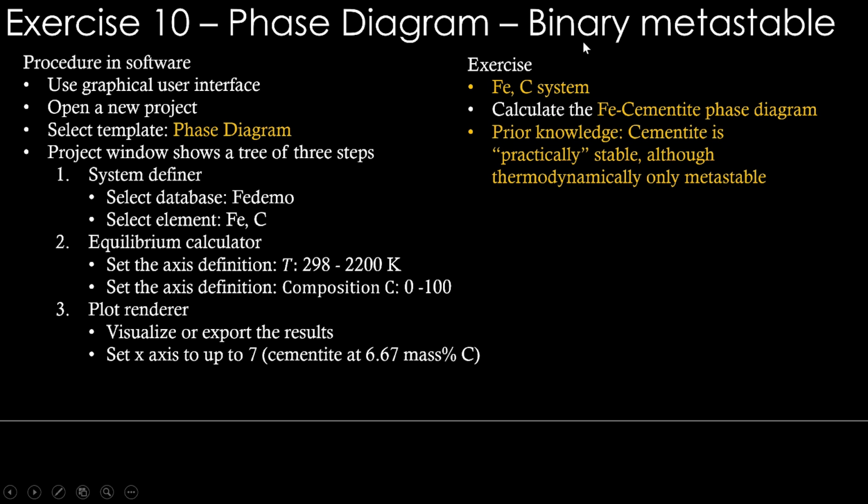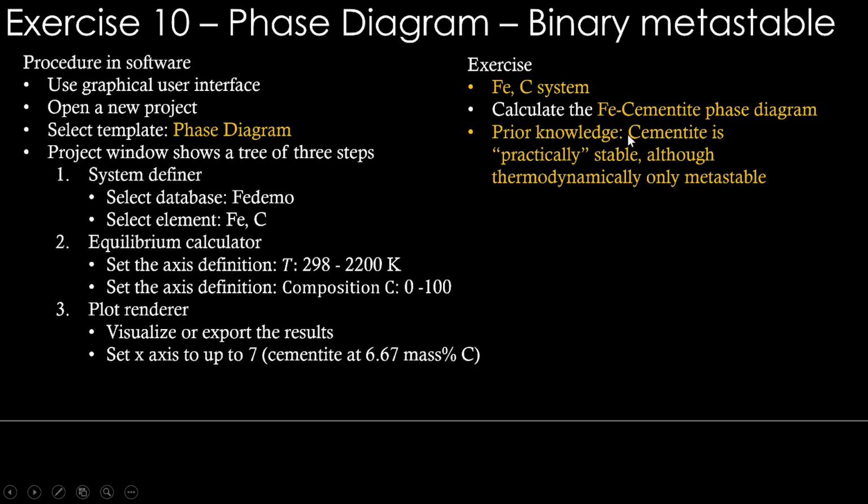Okay, so we will now see how to do metastable calculations. For that we need to choose the iron carbon system, and calculate the iron cementite phase diagram. Generally the iron carbon diagram is the iron cementite diagram. In industries and different metallurgy labs, you will see that iron carbon diagram is hanging. People call it iron carbon diagram. It is actually iron cementite diagram. I will show shortly how it looks, and that's what we want to make.